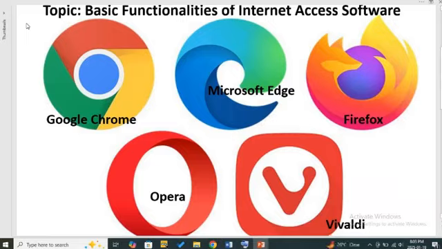These are the softwares that we will be looking at: Google Chrome, Microsoft Edge. This is our Google Chrome. This is our Microsoft Edge. This is our Firefox. This is our Opera. And this is our Vivaldi. My apology. These are